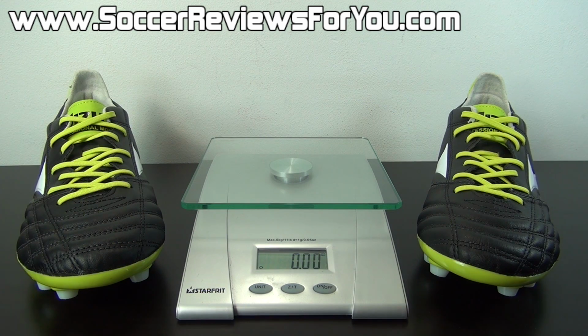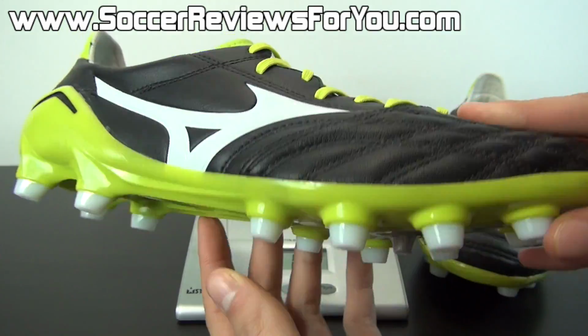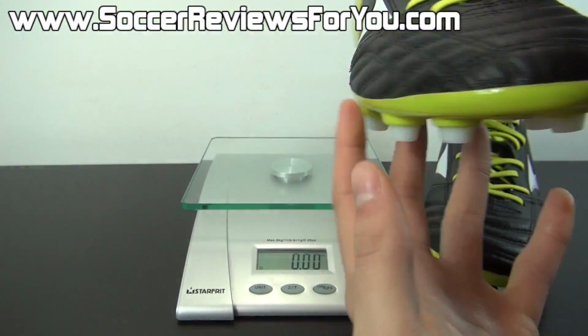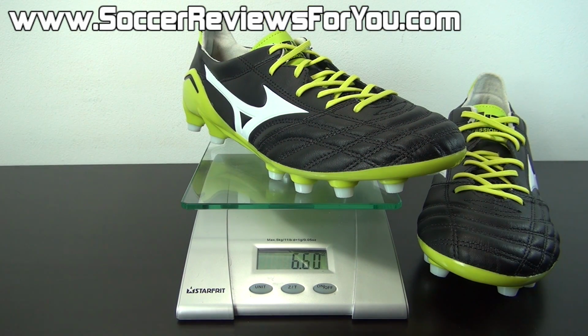As you might expect, the Morelia Neo is very, very lightweight, both in hand and on feet. So I'm going to weigh this pair for you today in real time. Keep in mind that this is a brand new pair in a size 9 US. We're going to throw it on the scale, and you can see that these guys weigh in at a very light 6.6 ounces. So for comparison's sake, that is about 0.2 ounces lighter than the current leather F50 Adizero from